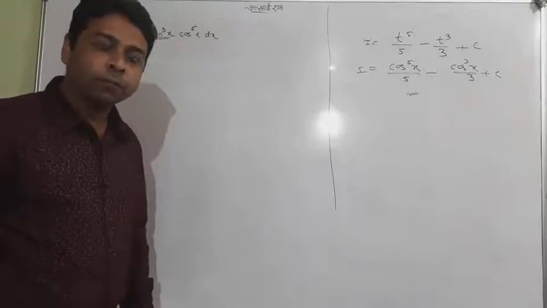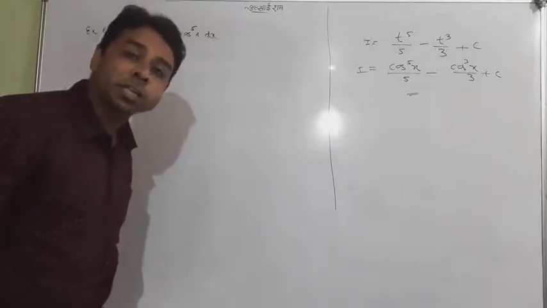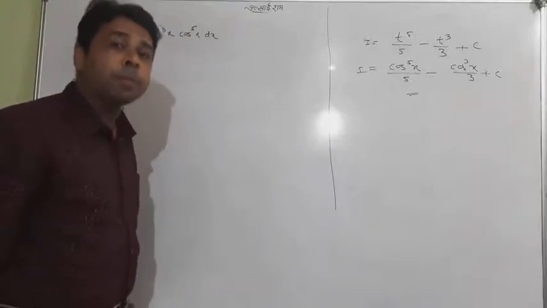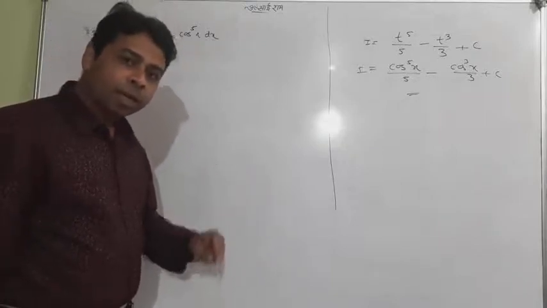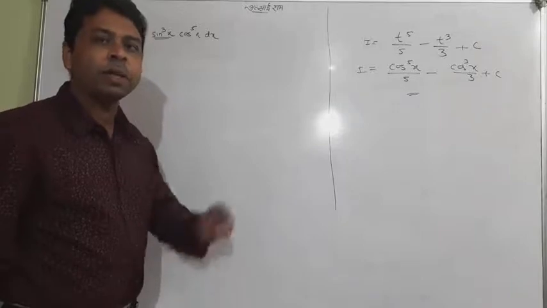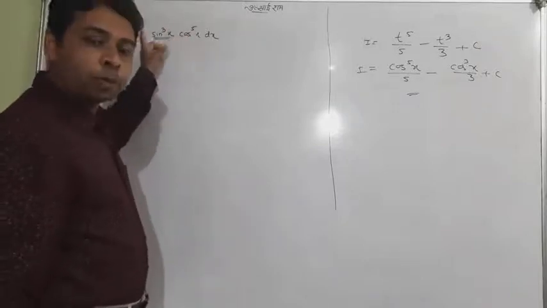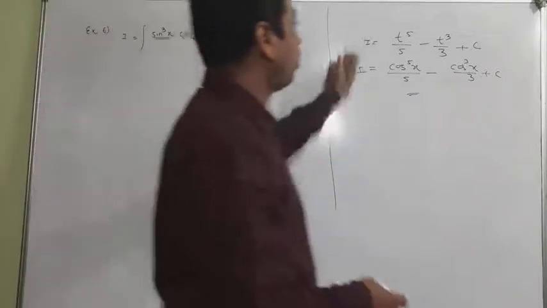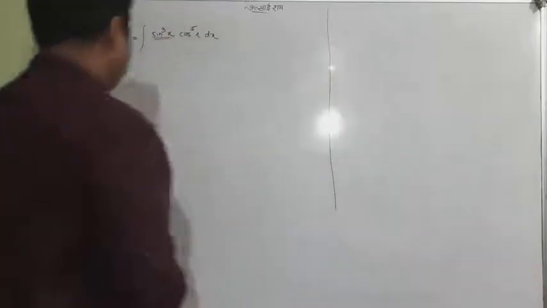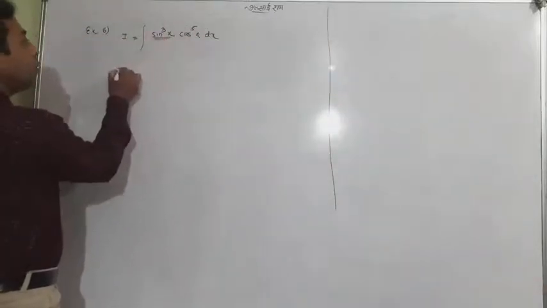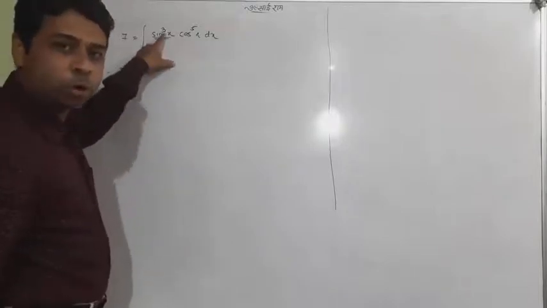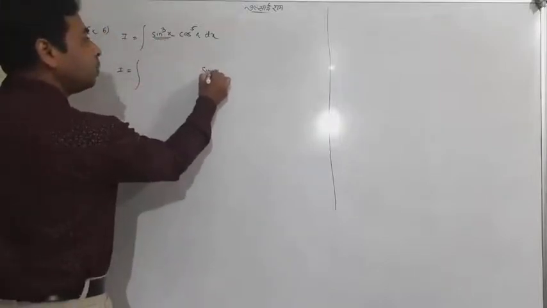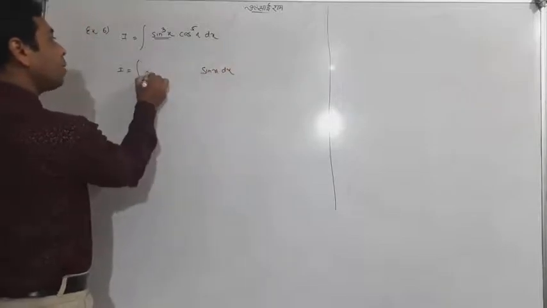We have two kinds of question which are not specially mentioned and stated in your book, but I am telling you specially that sin and cos come together, whenever they are coming together in multiplication, when both have an odd power or one has an odd and one an even power. So what to do? In this particular question, we will again separate the smallest power. Definitely sine cube is the small power. So we separate it into a single power and the rest of the power.